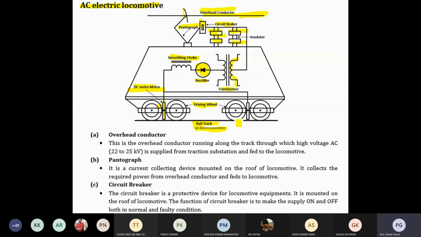But this is a very simple diagram; practically the diagram is not so simple. There are other windings. Sometimes the battery charger is not shown here, but battery chargers are also there. You cannot directly connect the DC series motor with this smoothing reactor, so a lot of intermediate steps are there. It's a block diagram for your better understanding, but practically there are a lot of intermediate steps. Power electronics drives are also there for the power circuit, for driving the wheel.